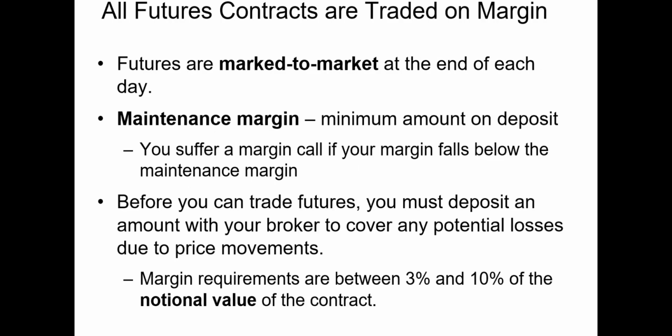Now, I mentioned earlier that all futures are bought on margin. This is an incredibly important point. When you decide you want to trade futures, you have to deposit a specific amount of money in your account. Now, your account is going to have a maintenance margin associated with it. When you buy futures, your futures will be marked to market or priced at the end of each trading day. Then, your broker will determine whether the value of the futures in your account is greater than the maintenance margin. If it isn't, then you'll need to add funds to your account to get back to your original or starting